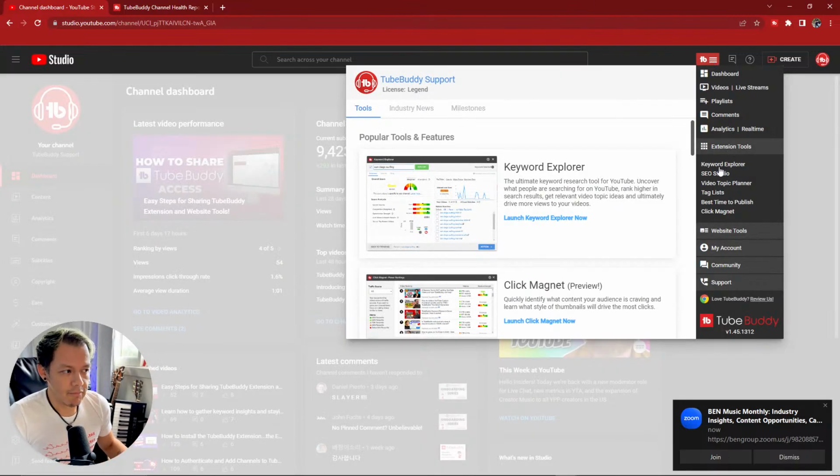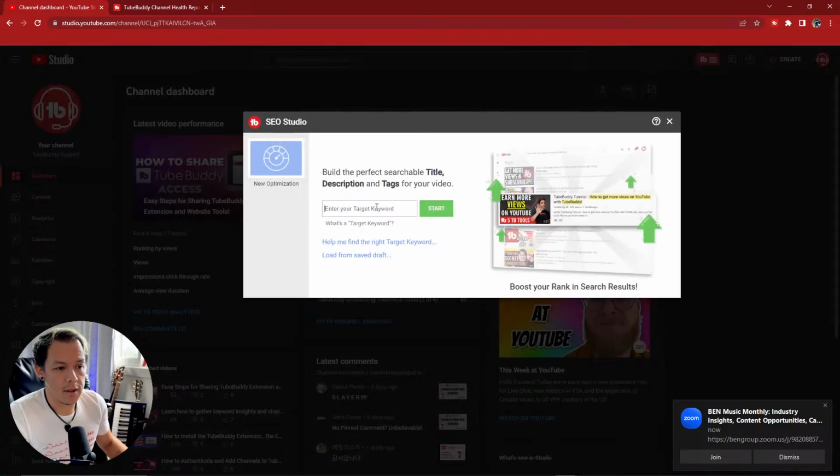Then still keyword research, still organize tags, still understand that landscape, but also add the step of optimizing those videos with SEO Studio. These are the main basics: Keyword Explorer, tag lists, and SEO Studio. Using those three together, because as you're building out an SEO draft, you'll be able to pull from your list of tags you used before